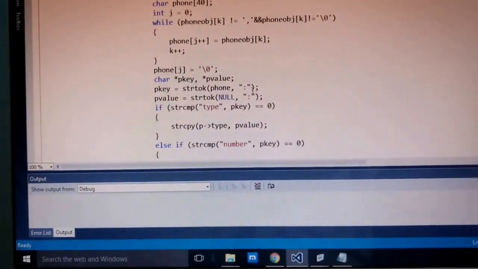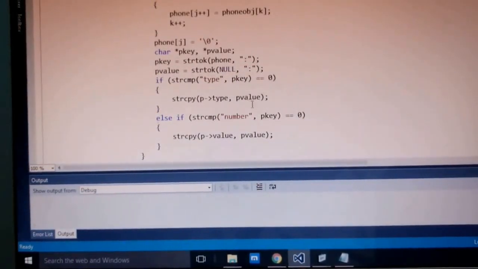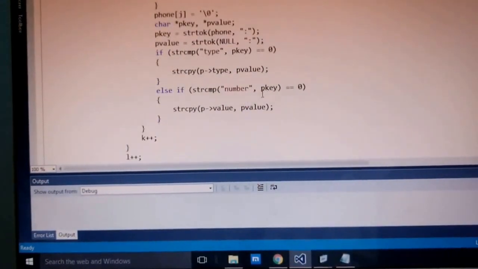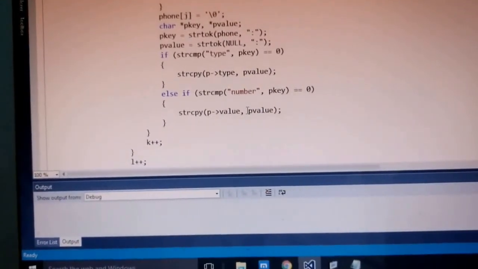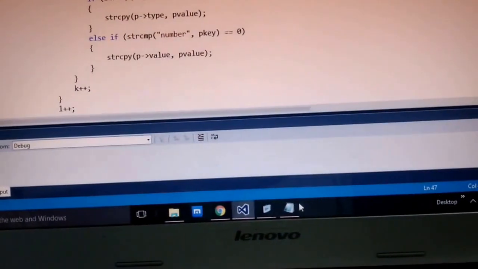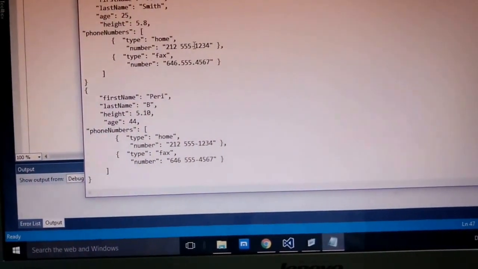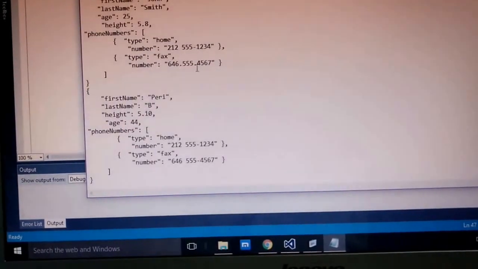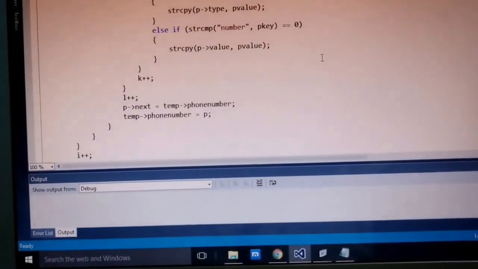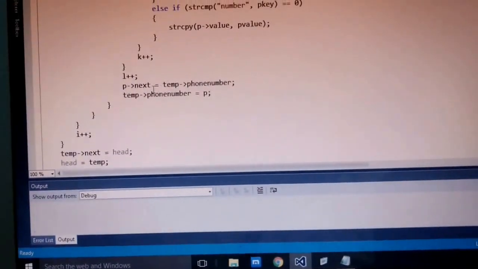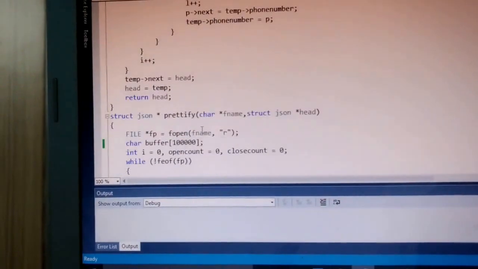Using a colon, I'm splitting it, and if the p key is type, then I'm storing the value in type. If the p key is number, then I'm storing it in the value. For example, in the JSON, I have home 212551234, fax 646555567. So I have two phone numbers in the form of a linked list. This is all the linked list stuff where I'm adding the new nodes at the head.